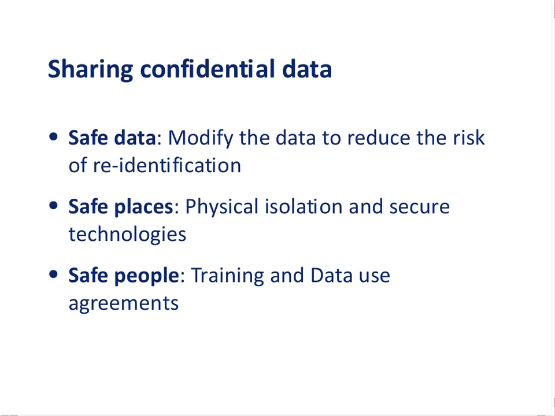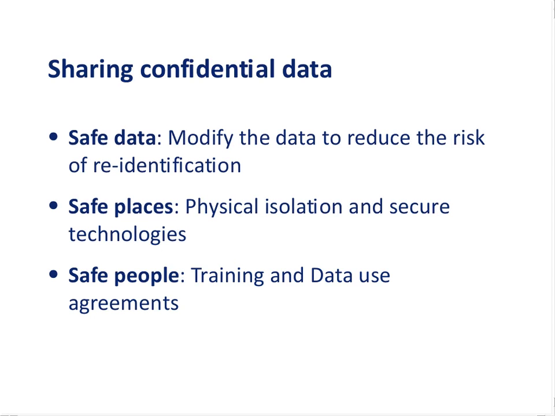The social and behavioral sciences are dealing more and more with confidential data, disclosure risk, and disclosure issues. So when individual human subjects have responded to a survey or participated in a study and can potentially be identified, what are the steps you could take? There's a page on our site that discusses some of the steps we take. That includes safe data, safe places, and safe people. So safe data: modifying the data to reduce the risk of re-identification. Safe places, including